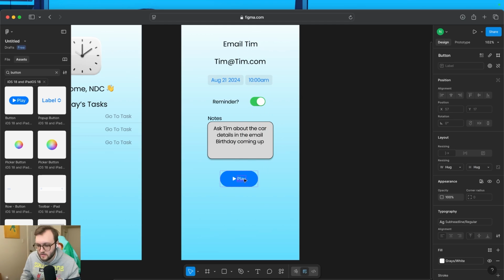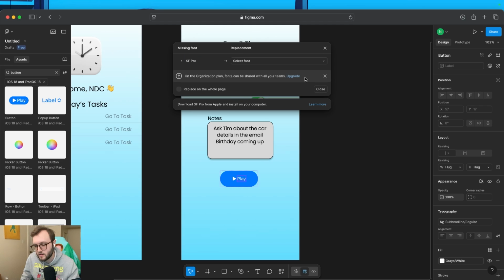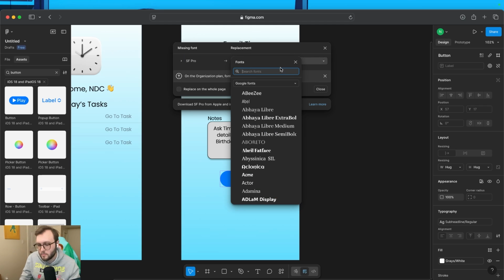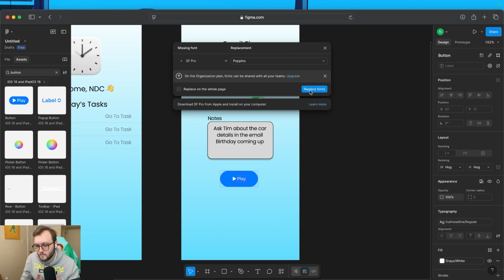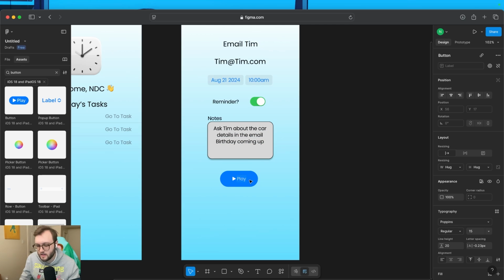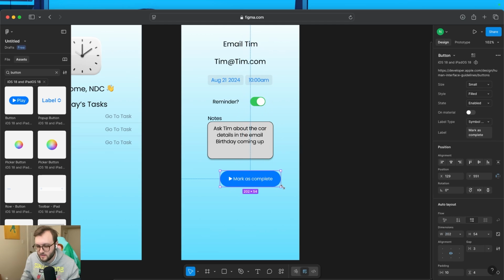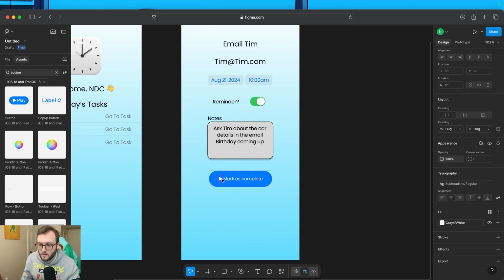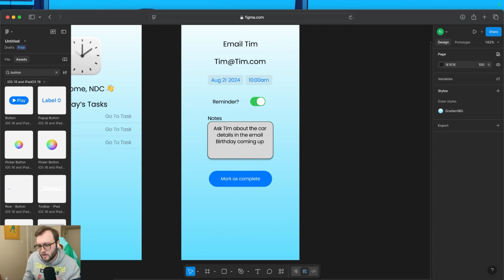With some of these things, you can actually double click on the elements. So in the case of the play, we can double click on it, go ahead and replace it with our Poppins. You can double click and say, mark as complete. Our button's not quite thick enough, so let's make it a little bit thicker there. Or I guess wide in this case. And let's go ahead and just delete this play button. We don't need it here. You could also replace it with a little check mark or something that's a little bit better for the